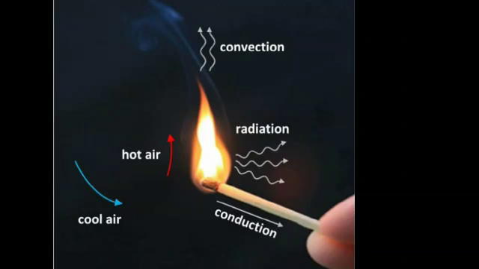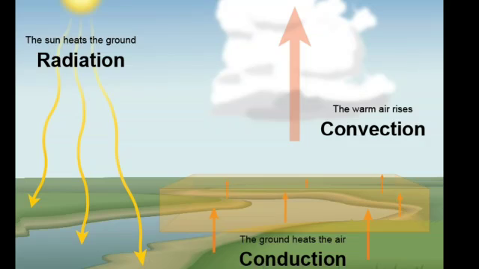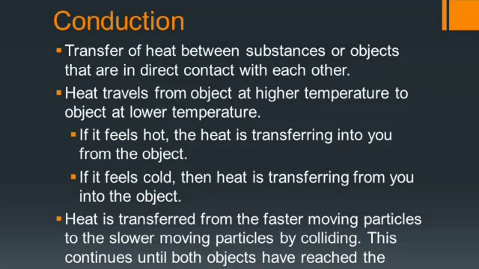Similarly, here in the candlestick, we can see conduction, radiation, and convection very easily, heat transferring from hot air to cold air. Similarly, on the ground, you can see the ground heats the air by the process of conduction. The warm air rises by the process of convection. The sun heats the ground by radiation. So the first topic we are discussing is